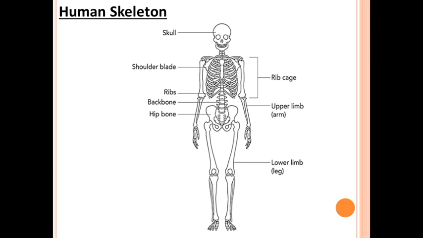Yes. Now normally the skeleton of an adult human is made up of 206 bones. How many bones are present in our body? 206 bones. The bones are very hard and rigid. Rigid and hard means what? We cannot easily break those bones. These bones are richly supplied by blood vessels. Okay, which is why the bones heal quickly if damaged.